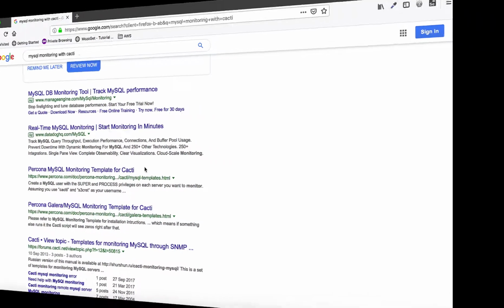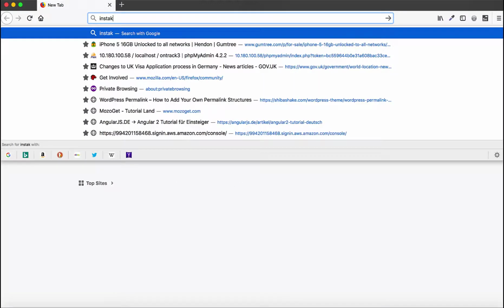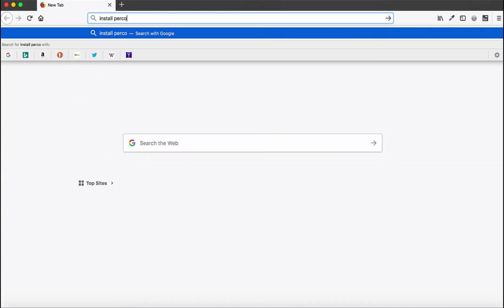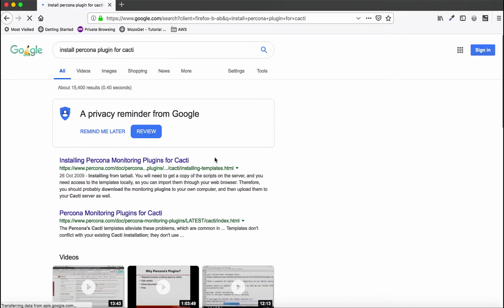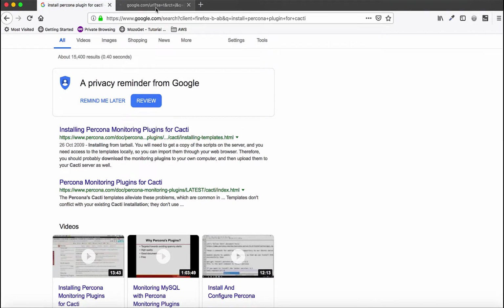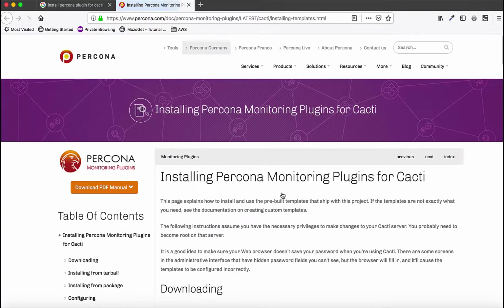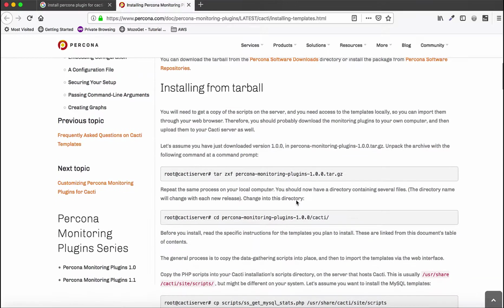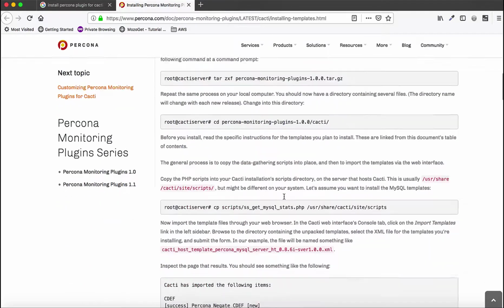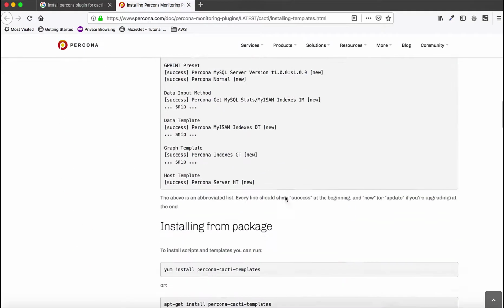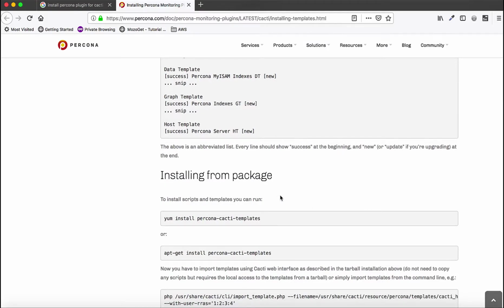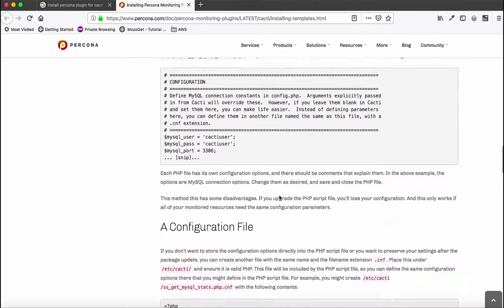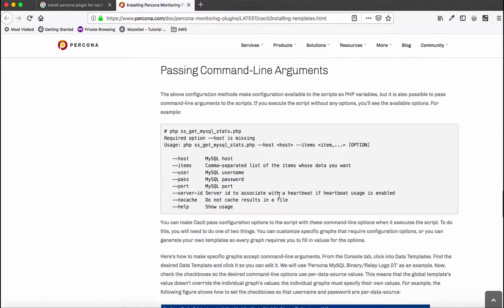Let's download the plugin first. So look for the plugin on the internet. Install Percona plugin for Cacti. So this is the official website. Right, so there are two ways you can install the plugin. Either you download this RPM file and then execute locally, or through the official package manager, which will be yum